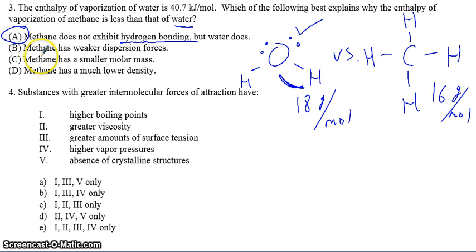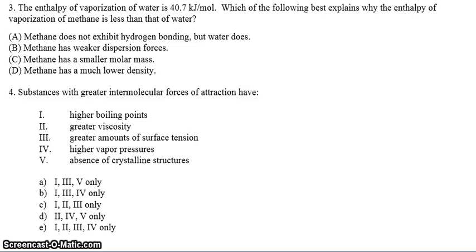So even though methane has a smaller mass, that is not the reason. Methane has weaker dispersion forces, not necessarily. Methane's actually slightly bigger, but methane has lower density. That is true, but it doesn't explain the fact. Good. Number 4 then says substances with greater intermolecular forces of attraction, what we've been studying in this chapter, have,